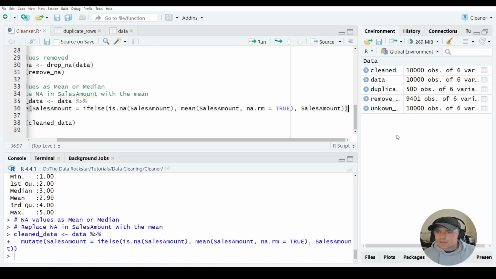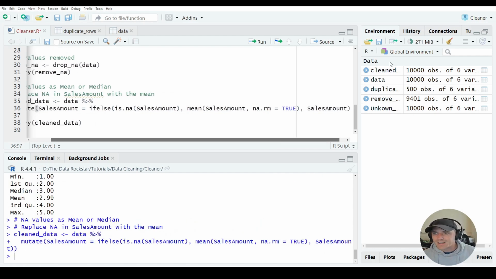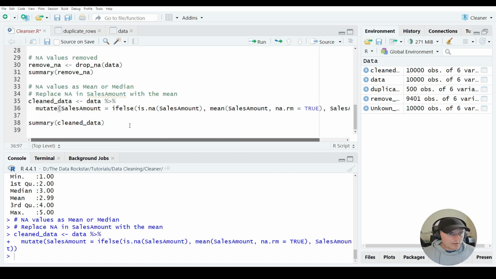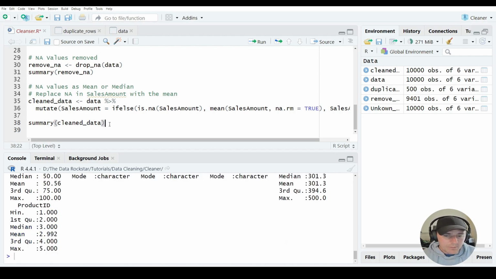If we Alt-Enter this one, we now have the cleaned data. We have 100,000 observations, as we had before, because here the removed observations are fewer than what we originally had. The cleaned data is now every value that had an NA in the sales amount. We have to do this for every column that we want to do. So in the sales amount, every value that was NA is now the mean of the sales amount before the application of this. So if we summarize it,